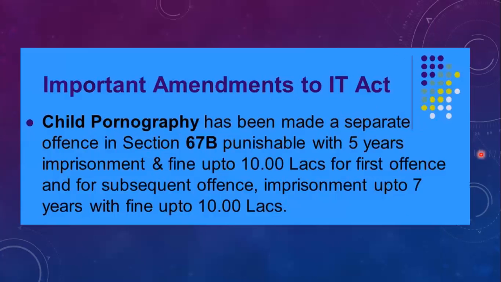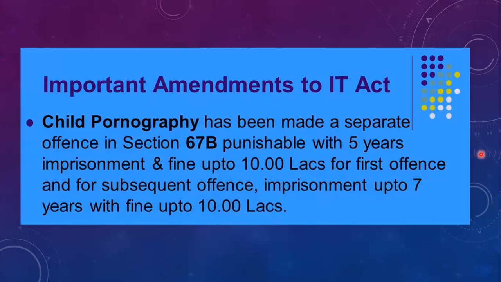Again, there were more amendments. Section 67B was introduced to cover child pornography. So for child pornography, a new amendment was made in section 67B. Now, I think child pornography is something you all know. We have discussed it in detail in module number 1. What is child pornography? Child pornography has been made a separate offense in section 67B,